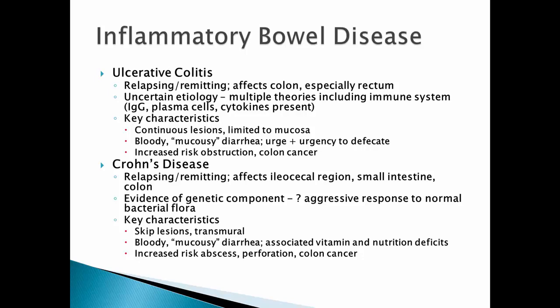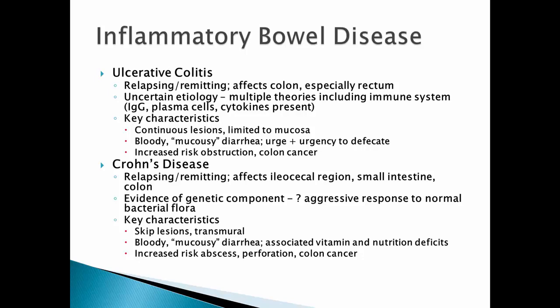And that aggressive response to normal bacterial flora is what I was talking about with the E. coli infection, or high levels of E. coli. Key characteristics of Crohn's disease, as you can see, differ from those of ulcerative colitis. Crohn's disease is characterized by skip lesions as opposed to continuous lesions with ulcerative colitis. And the lesions in Crohn's disease tend to be transmural as opposed to limited to the mucosal